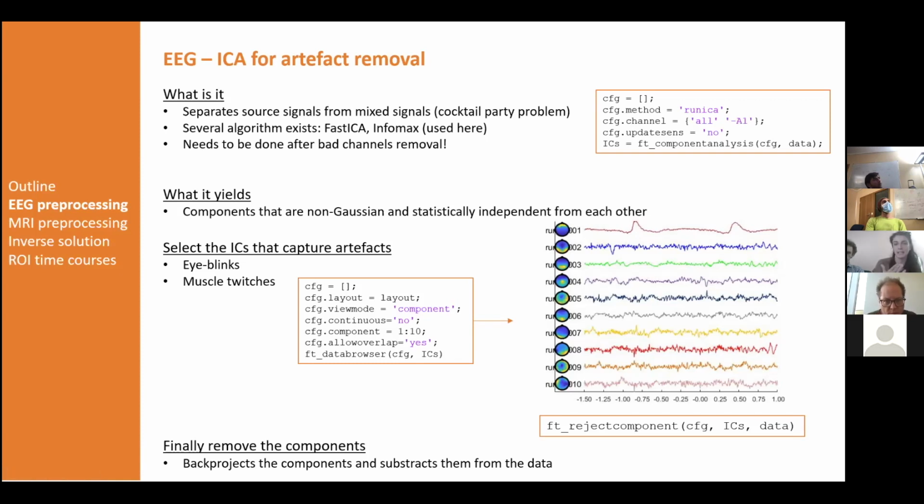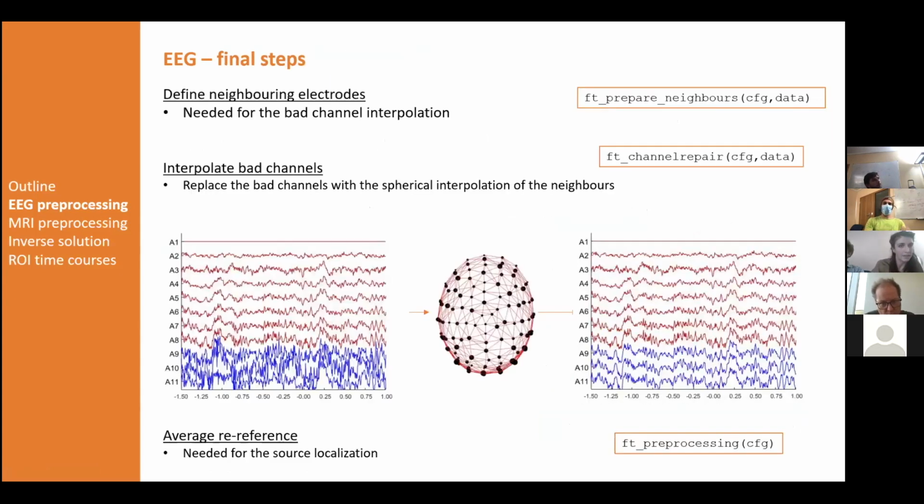So once we have selected the components that we believe not to be genuine EEG signal, we reject these components with FT reject component, and this basically back-projects the bad components to the sensor space and then subtracts these reconstructed bad components from the original data. The last step is then, of course, to replace those channels that we defined as bad channels and that we